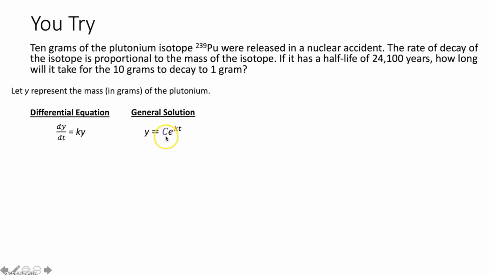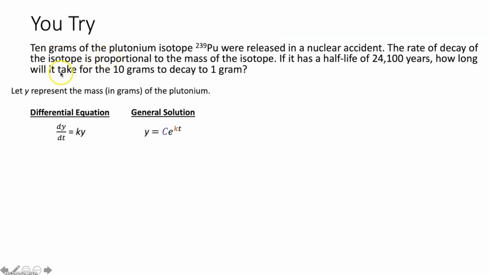So in this general solution of our proportional rate of change, we need to figure out what is c and what is k. Well, in order to figure out c and k, we've got to use the initial conditions that were provided in this problem. So let's first solve for c. In order to solve for c, we need to look for whatever initial condition gives us an independent variable equal to 0, usually t or x. So when t is equal to 0, where is that in this problem?